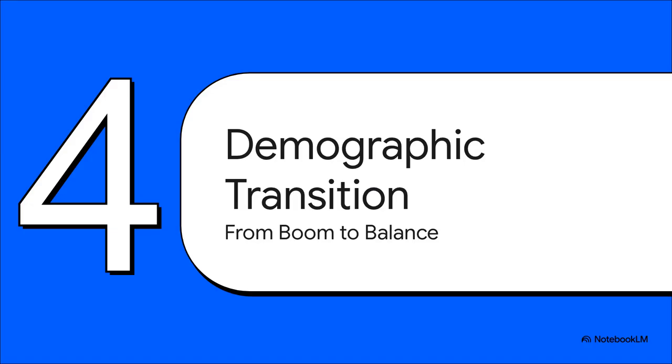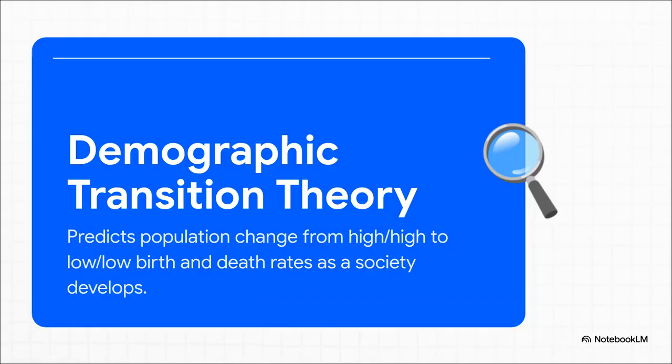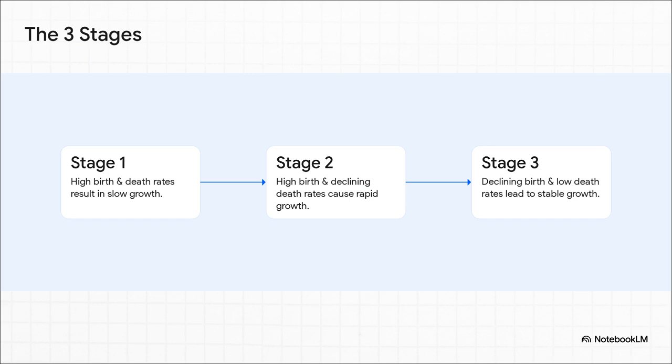So, that raises a pretty big question, doesn't it? Why the sudden explosion, and why is it maybe slowing down now? Well, to figure that out, to understand this whole journey, there's a super helpful idea called the demographic transition theory. Basically, this theory is like a roadmap. It shows how a country's population tends to change in a pretty predictable way. It says that as a society modernizes, goes from being mostly rural and farm-based to being more urban and industrial, the way its population grows and shrinks is going to change, big time. It all happens in a few stages.